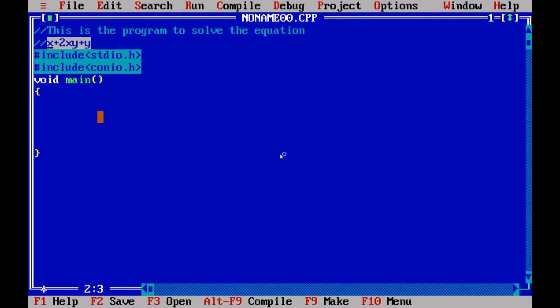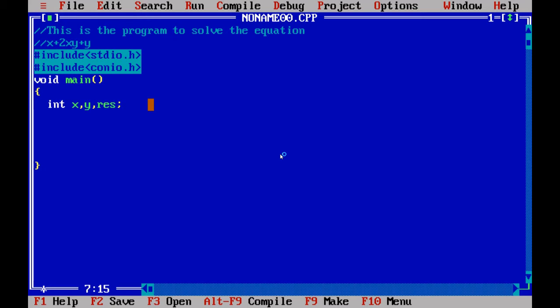First we have to declare these variables. So we can type int x comma y at first. And then the result we have to store in a particular variable, so we can call it res. Here for x and y I have taken the data type integer because they haven't mentioned any type of data.